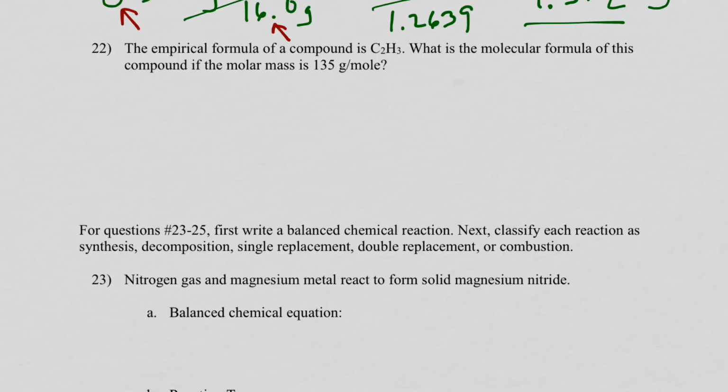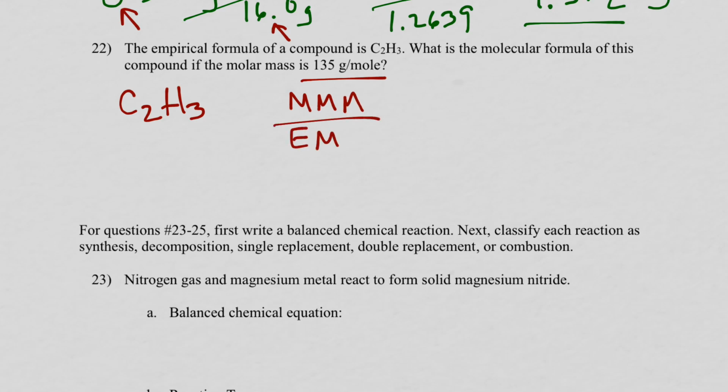Next is number 22, which illustrates the difference between an empirical formula and a molecular formula problem. In this particular question, it's telling you the empirical formula of the compound is C2H3, and it wants to know what the molecular formula of the compound would be, knowing that the molecular molar mass is 135 grams per mole. So the method we use for calculating that is the molecular molar mass divided by the empirical molar mass